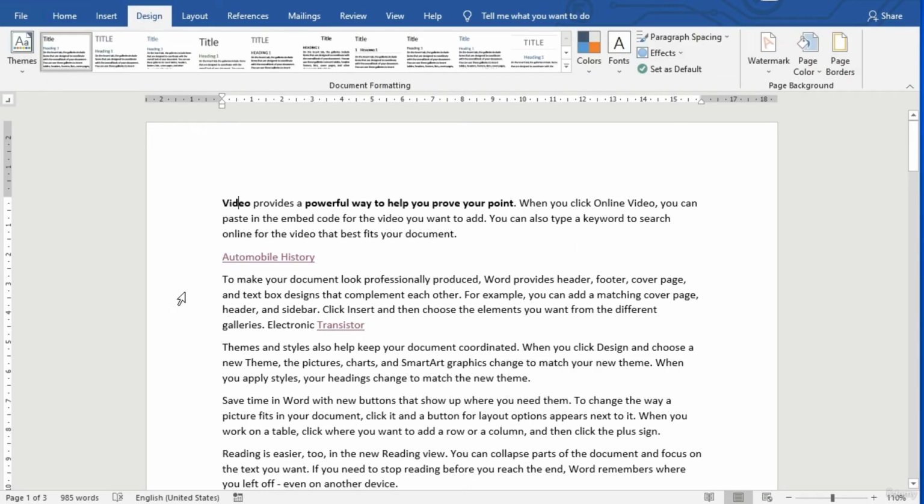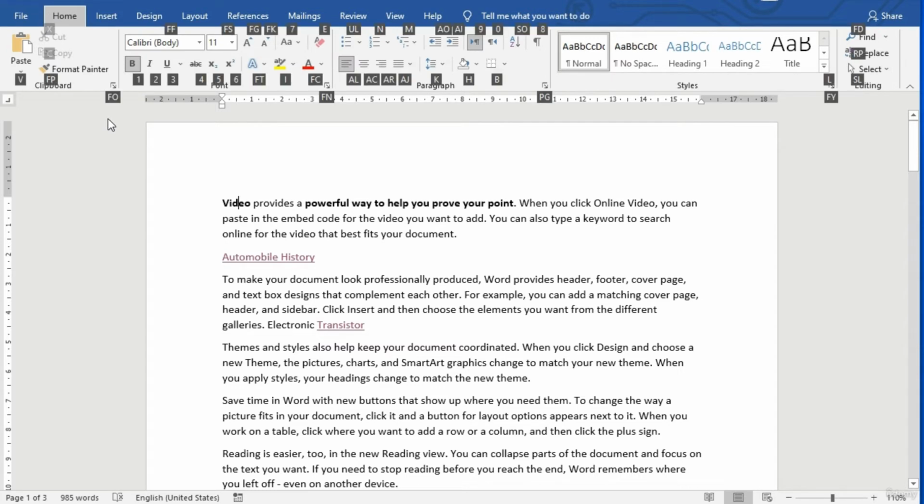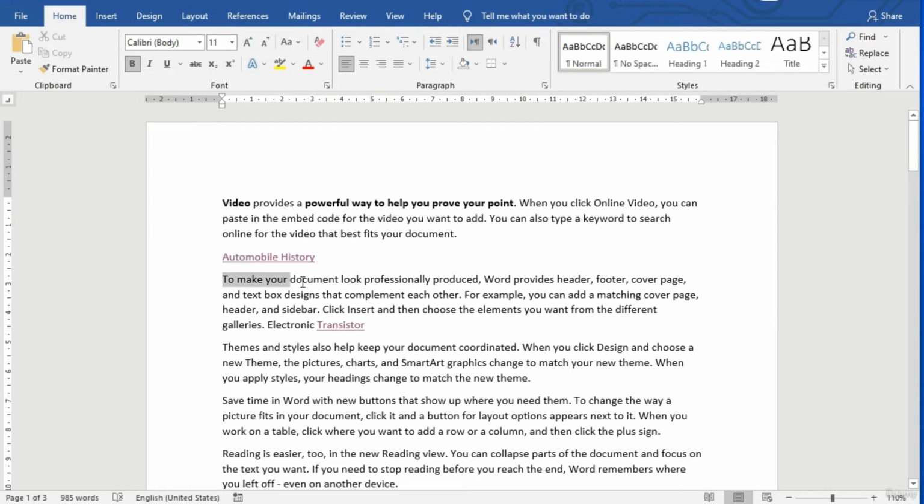Okay, so let's press Alt again, as you see. So to go back to the Home tab, I can just press Alt H. Okay, as you see, now I go to the Home tab, and for any tool in the Home tab, I have the shortcut. So for example, let's select this paragraph or this sentence, and if